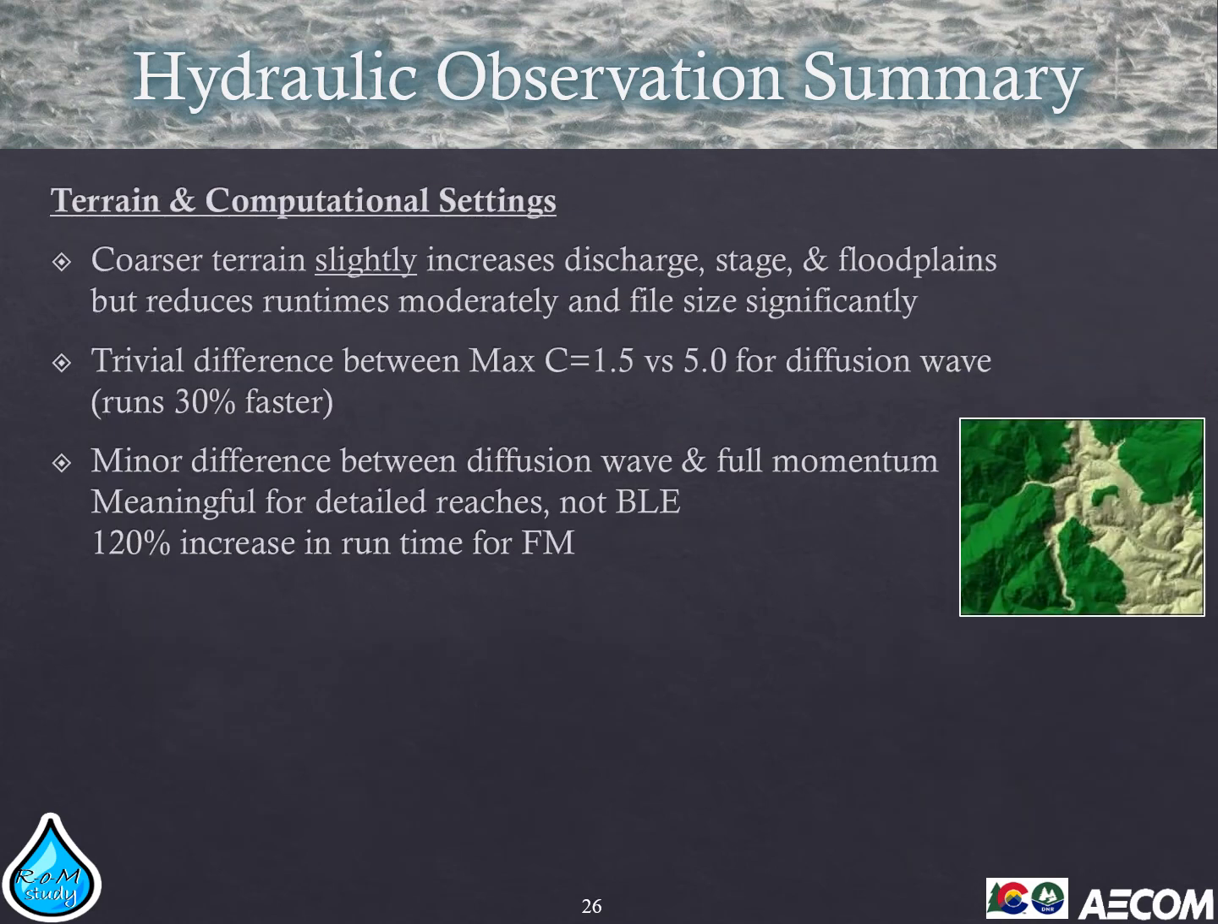This slide summarizes some of the observations about varying terrain and computational settings. The first one, for using a coarser terrain of 8 foot versus 2 foot, it does slightly increase the discharges, stage, and floodplains, but it reduces the run times moderately and the file size significantly and is worth considering. There's essentially no difference when using diffusion wave between a max current of 1.5 and 5, at least not for this study area, except it did run faster, so might as well embrace that, the 5 max current for diffusion